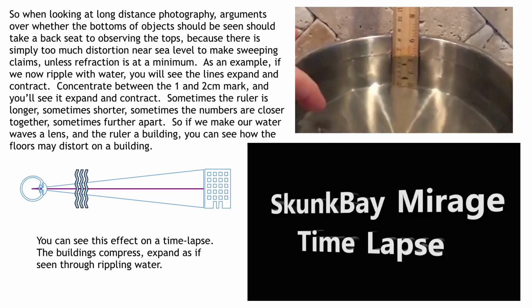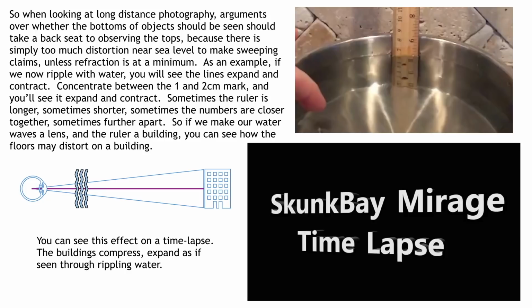So when looking at long distance photography, arguments over whether the bottoms of the objects should be seen or not should take a backseat to observing the tops, because there is simply too much distortion near sea level to make sweeping claims unless the refraction is at a minimum, especially about the bottoms of the boats. Why can't we see the bottom and so forth? It's just not relevant, because there's simply too many atmospheric effects across these bodies of water to make any sweeping